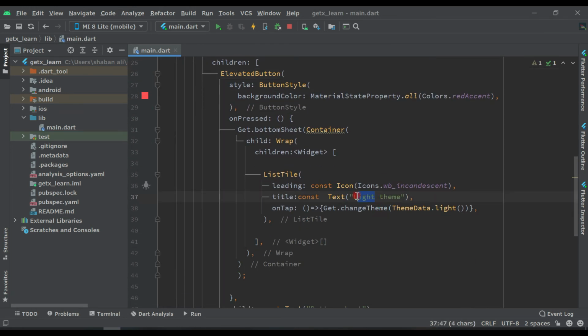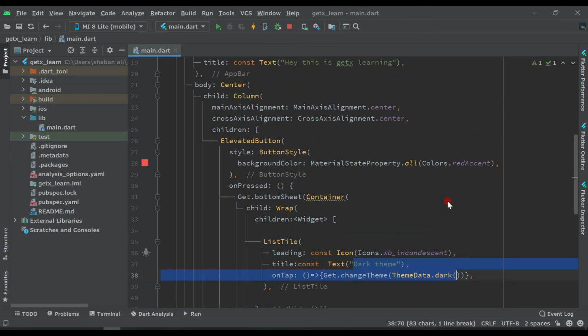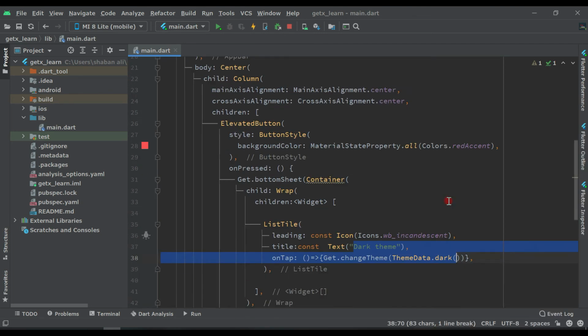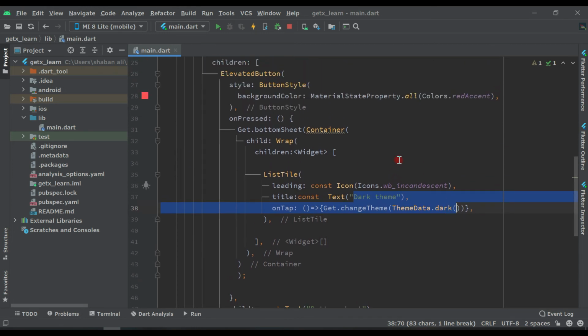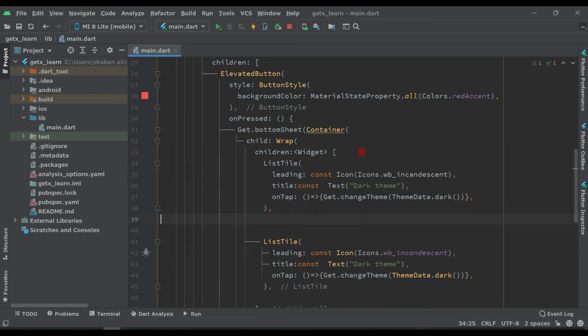Come back here, and here we have to write dark theme, and here also dark, this one. Make sure this change is dark theme. We have to just simply copy this and paste here.